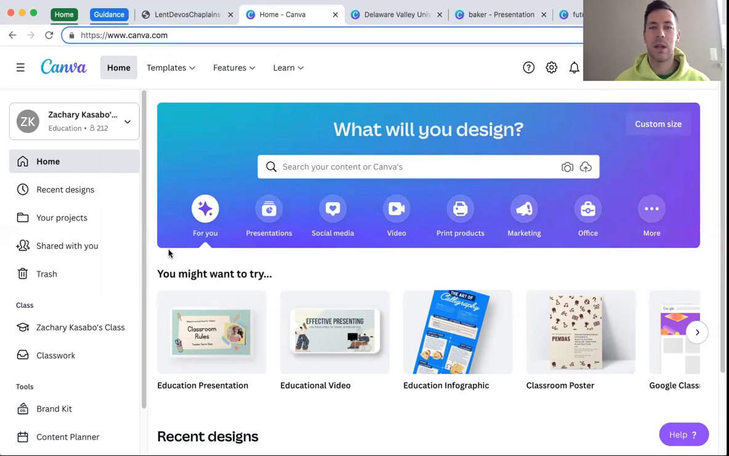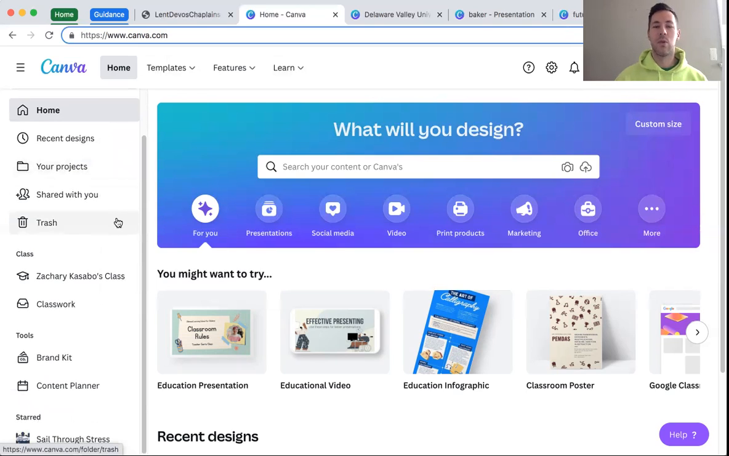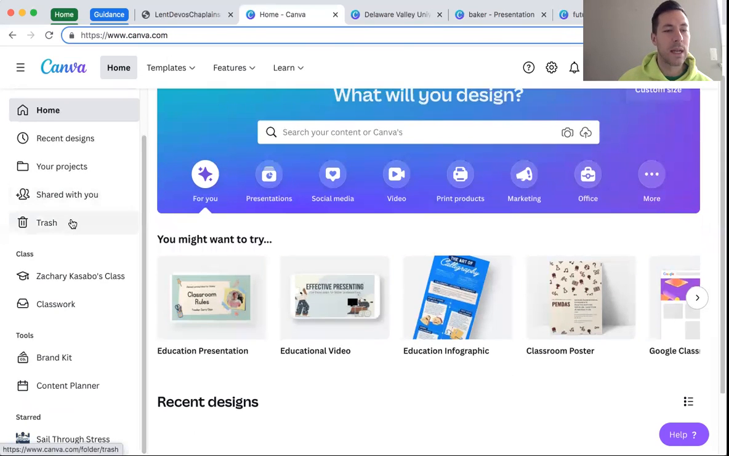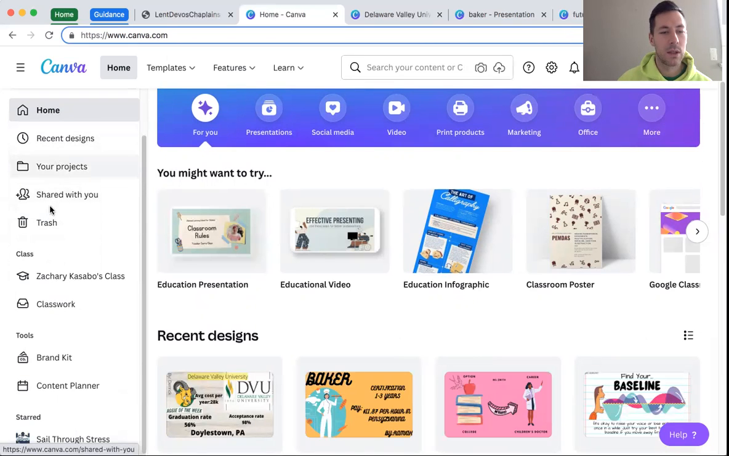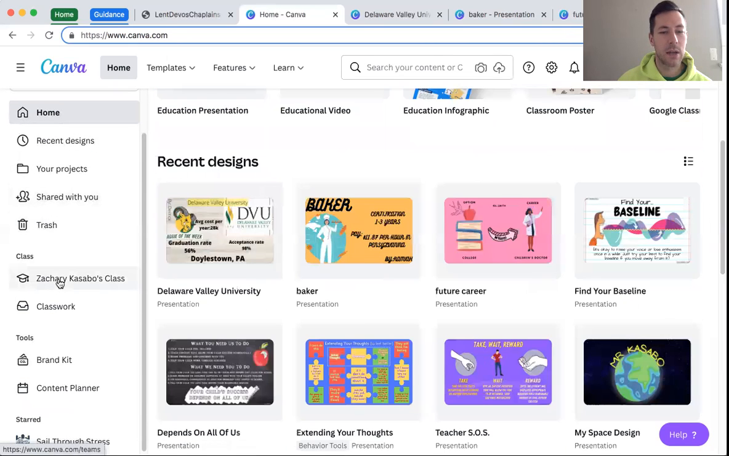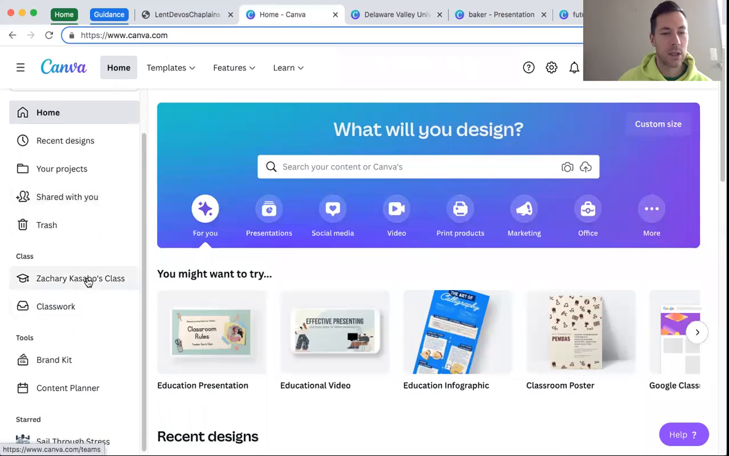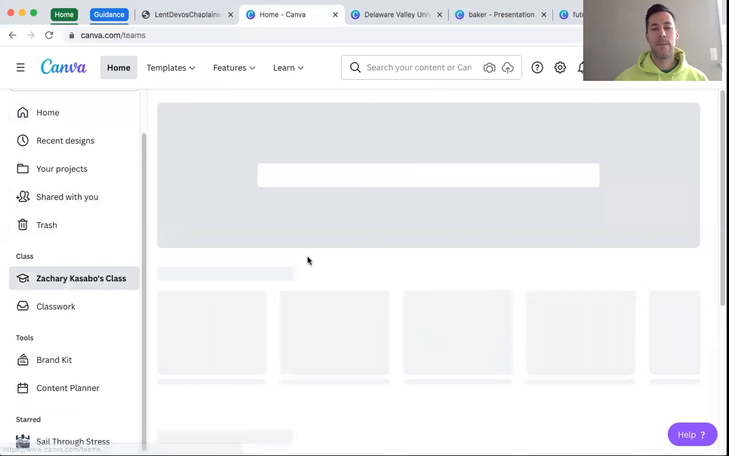So after you get signed up, if you want to allow your students to have access to Canva Pro so that they can use all the different graphics and all the other features for free, you would go down on the left-hand side here where it says class. So right here it says Zachary Casabo's class. You click on that, and then